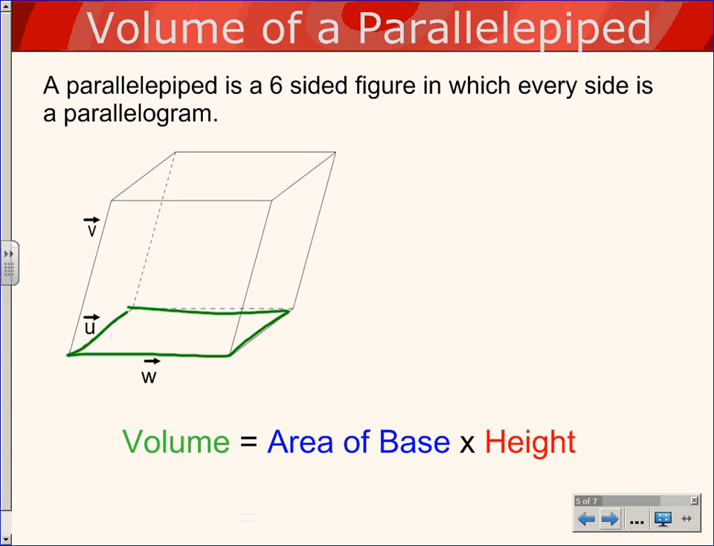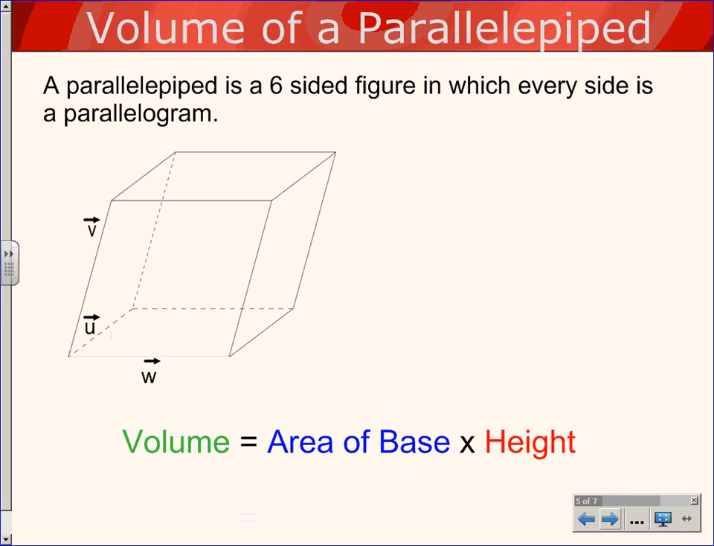Instead of the shape going straight up like a box would, the sides actually tip a little bit. And that's what's creating this parallelepiped shape. So considering it's a pretty random shape, we actually have a relatively easy way of calculating the volume. The way that it works is you just have to do the area of the base times the height of